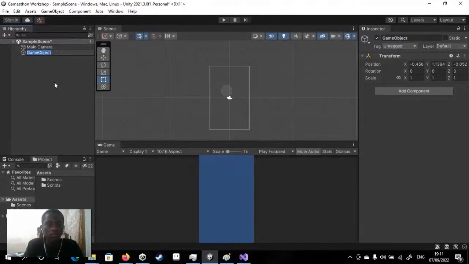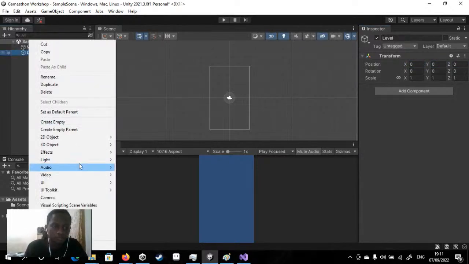What this guy will have is, it will be a container for our level. So I'm just going to call it level or board. You can call it whatever you want. I will create a GitHub for this afterwards, but we're going to have that there. And then in here,